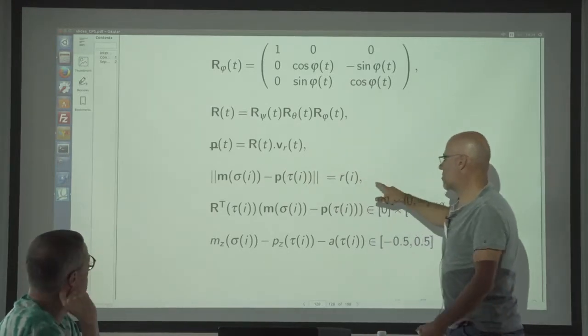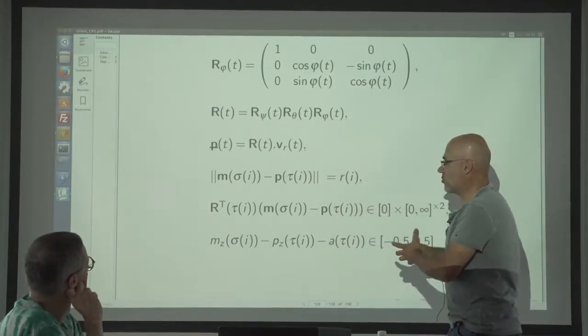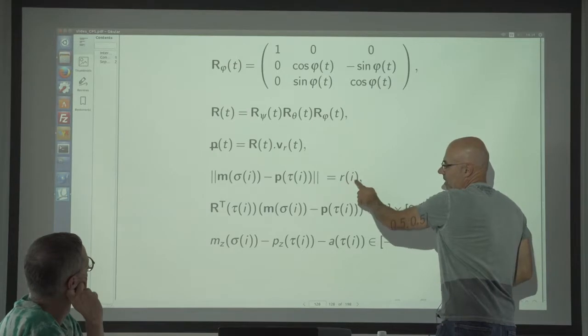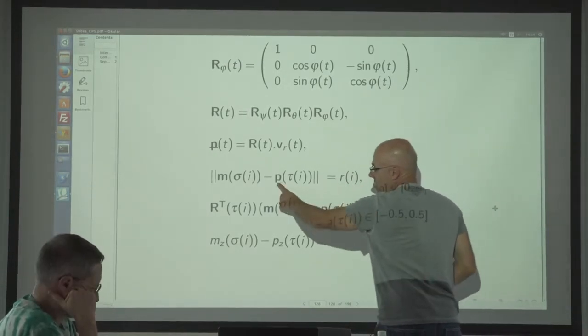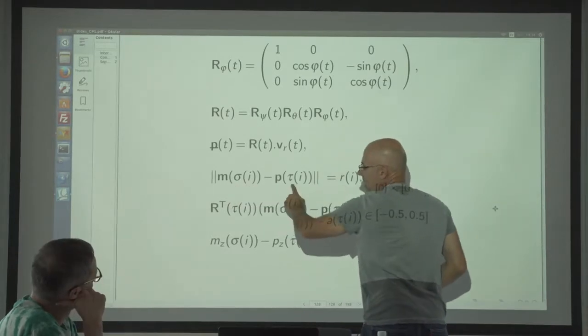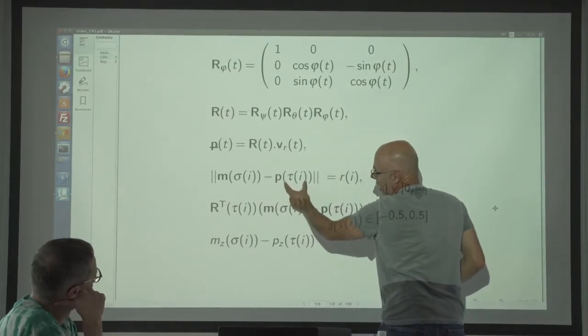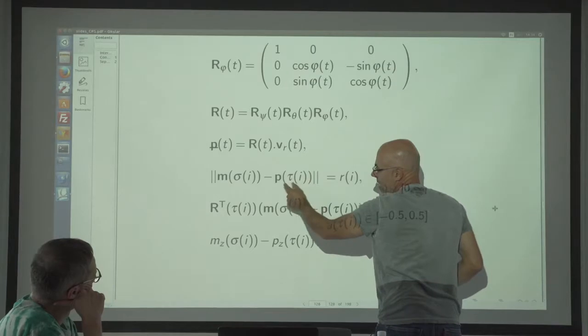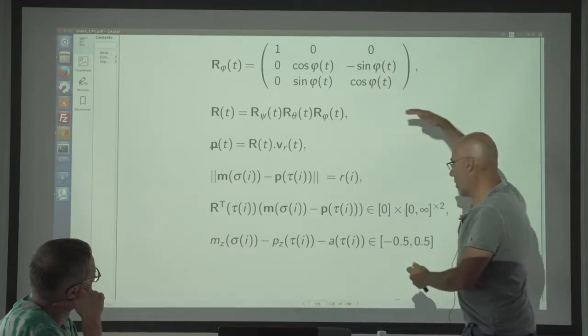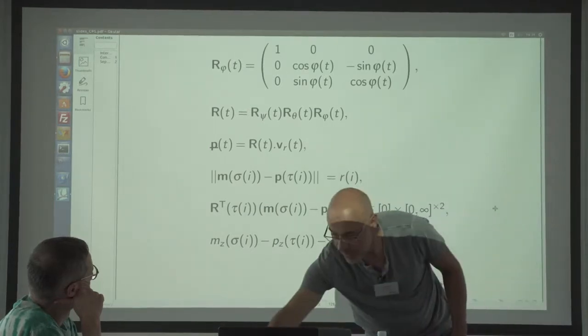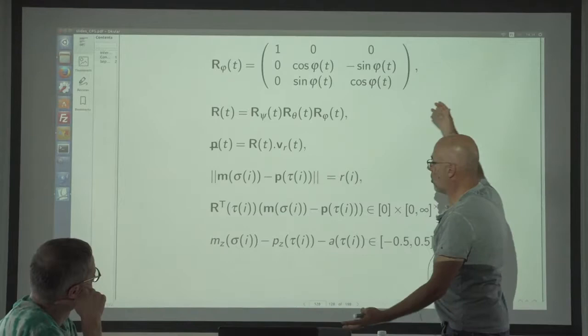Here it corresponds to the fact that when you see a mine, you measure the distance, and it corresponds to the distance between the position of the robot at the time where it has seen the mine, and here the mine that has been seen at the detection. Okay, so you have many equations, and you solve all these equations all together